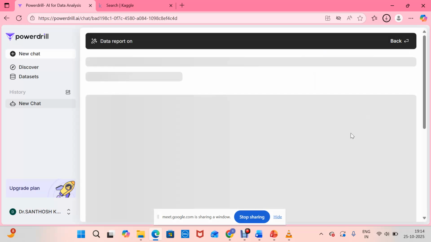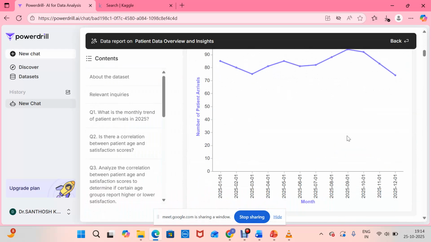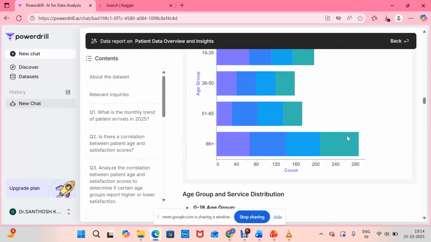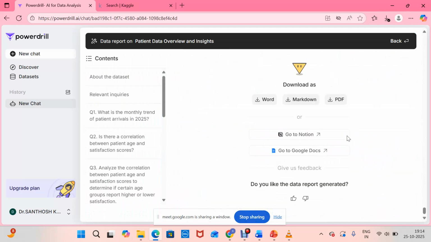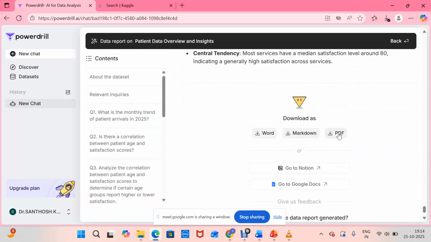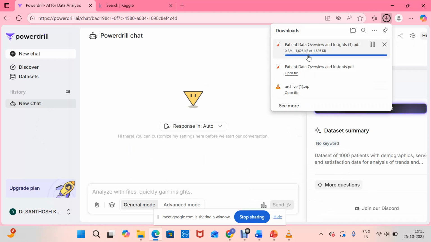Sir, is this the paid version or free, sir? No, it is the free version only. I have tried, ma'am. I didn't go for the paid version. Paid version may have more benefits. I have used only the free version, ma'am. How many reports can we use? As of now, I have used some 3-4 reports. Nothing came up, ma'am. If we want to use more, we can go for the paid version. That option you can try. Just try it out, ma'am.